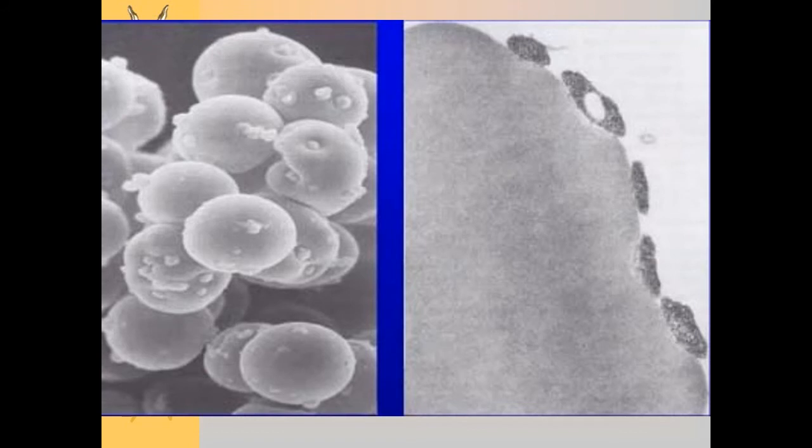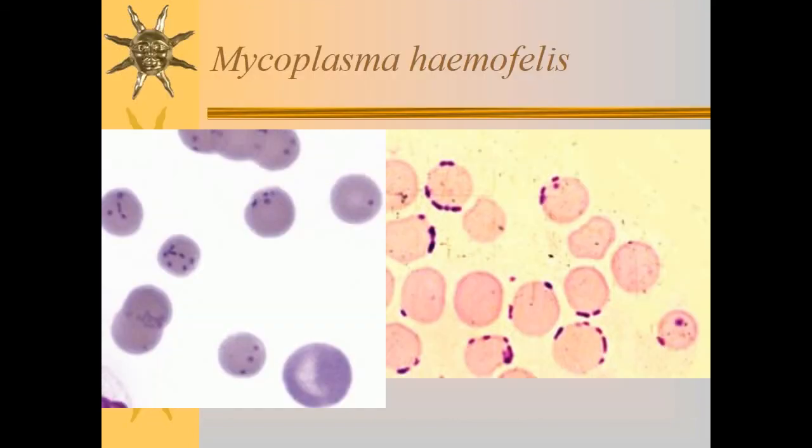Mycoplasma haemofelis, as seen under the electron microscope. In the image on the left, you can see the little organisms on the surface of the red cells. In the image on the right, you are seeing a single red blood cell, up close and personal, coated with a parasite. Mycoplasma haemofelis, as seen with standard light microscopy in a standard blood smear,